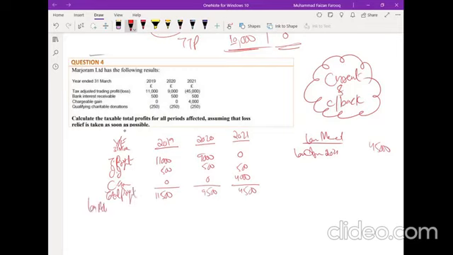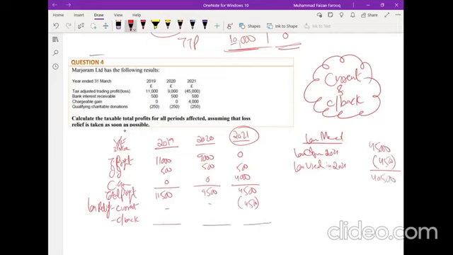Now loss relief. We are learning current year and carried back. Current year means year of loss. Which is the year of loss? 2021. How much can you adjust here? 4,500. How much loss is left over? 40,500. The maximum carried back in a normal situation is 12 months. How many months? 12 months. How much can I adjust?